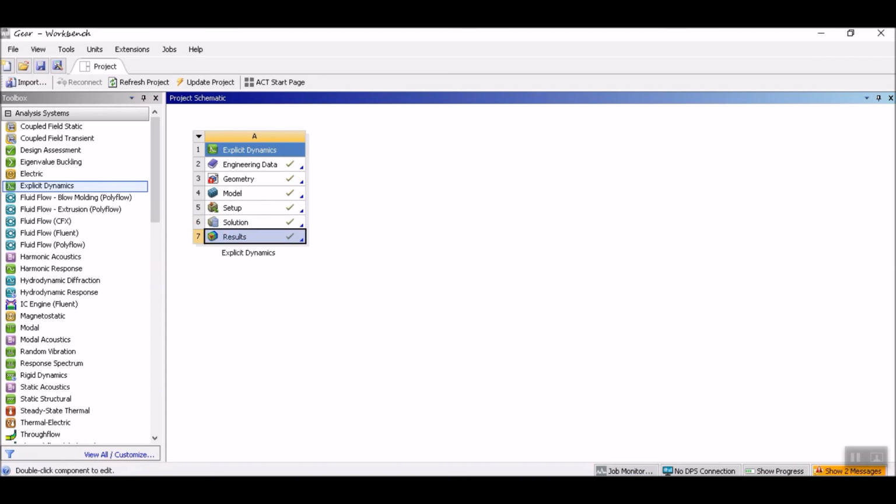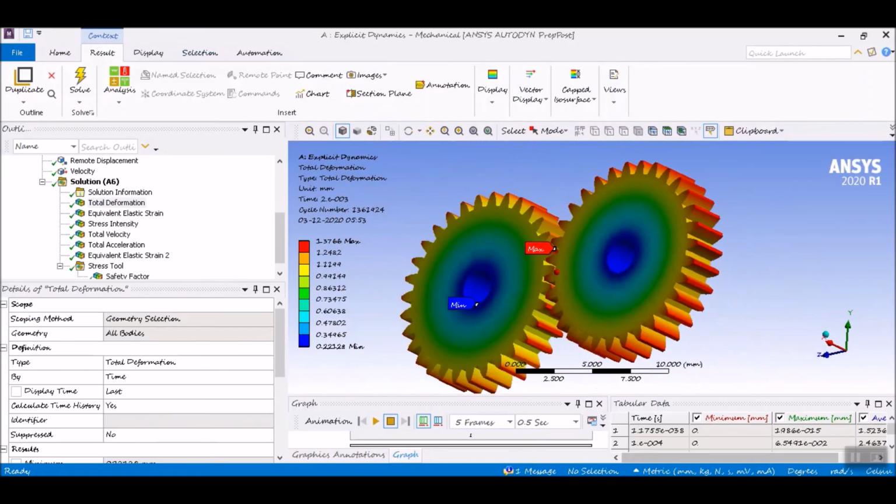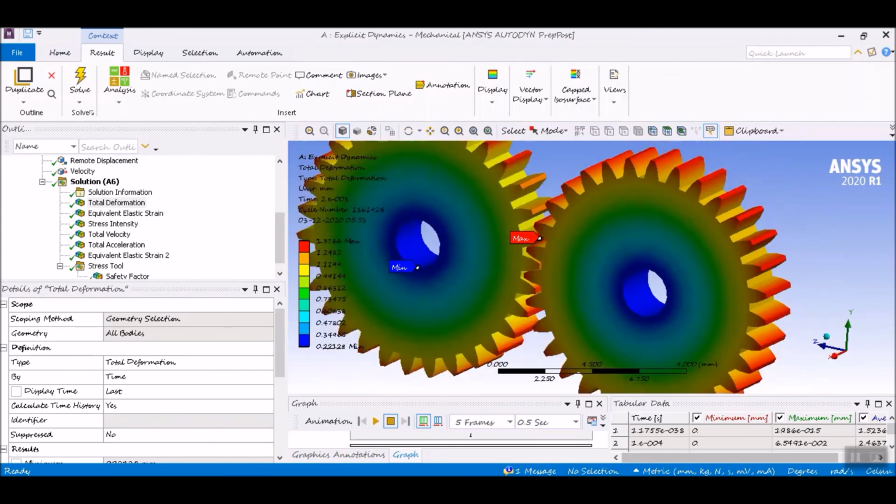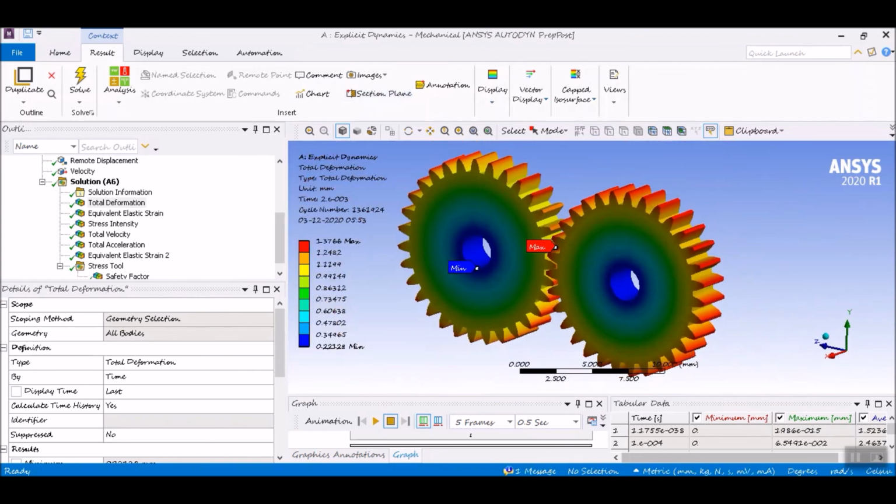And the results are a part of post-processing. Here we can render our problems in the form of contours, streamlines, data, Excel data, and so on. This is a simulation that I have done before, and this is a part of post-processing.